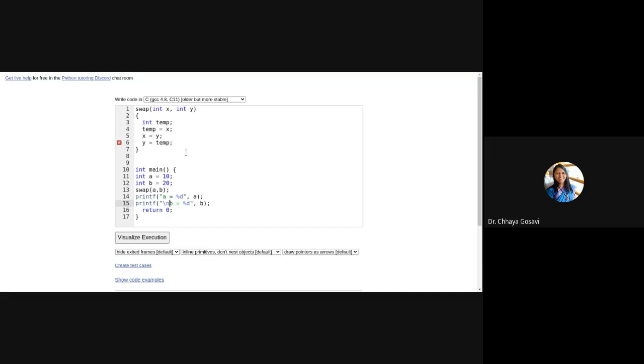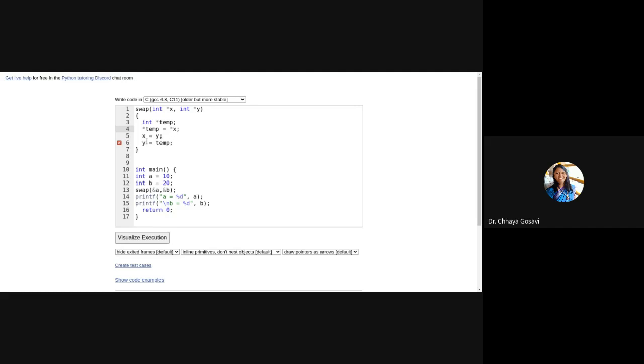Now in case of pass by reference, what I have to do is pass reference of a and reference of b. And here I have to use pointer x and pointer y, and I need pointer temp. Pointer is indirection.